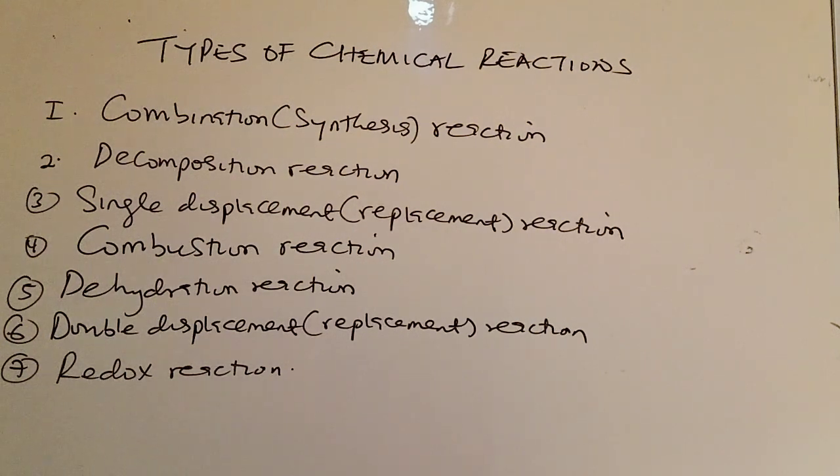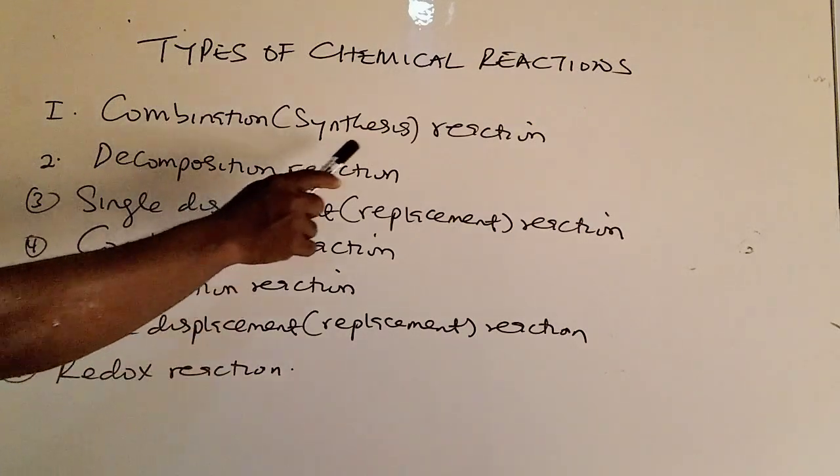So on the whiteboard, we have the types of chemical reactions. In this lecture or tutorial, our focus will be on inorganic reactions, not organic reactions. So that's general chemistry for first year students, JUPEB program and A-level students, and also high school final year students. The types of chemical reactions we have in inorganic chemistry include: number 1, combination or synthesis reaction;